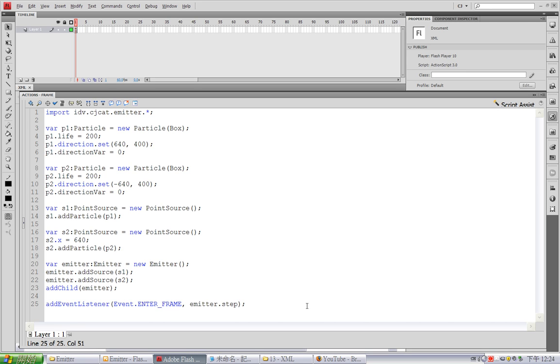New to Emitter version 2.1 is a feature called XML support, which allows you to create an external XML file which has a representation of emitter elements. By emitter element here, I'm referring to particles, particle sources, emitters, fields, deflectors, behavior triggers, and behaviors. Alright, so in this tutorial I'm going to show you how to create your own external XML file and